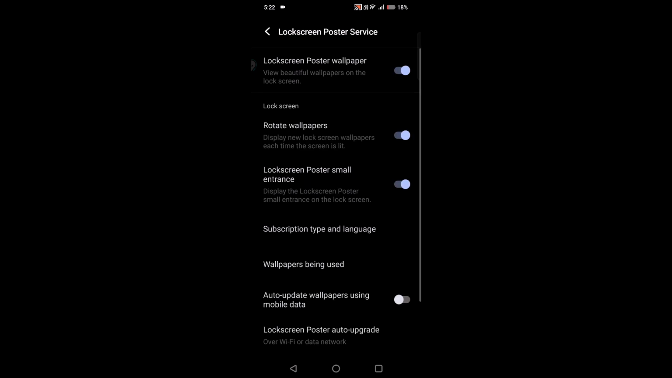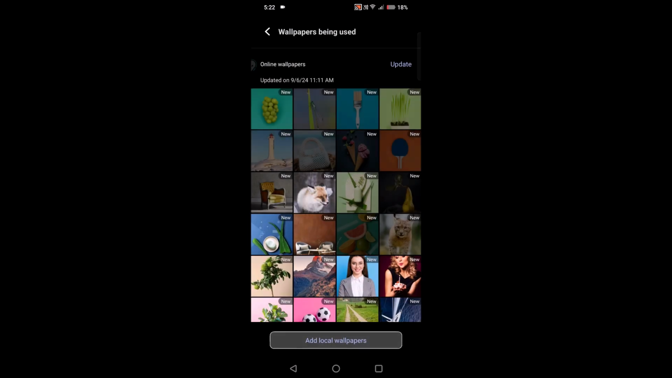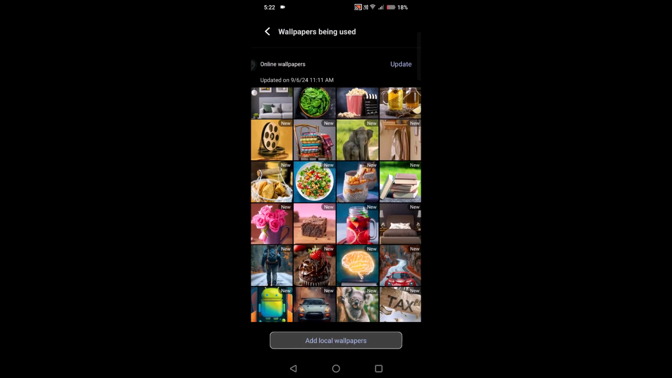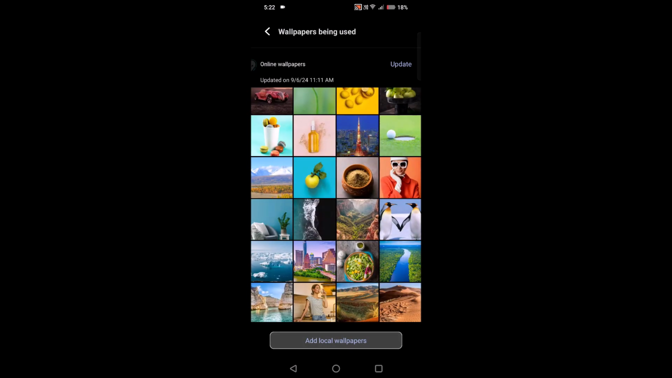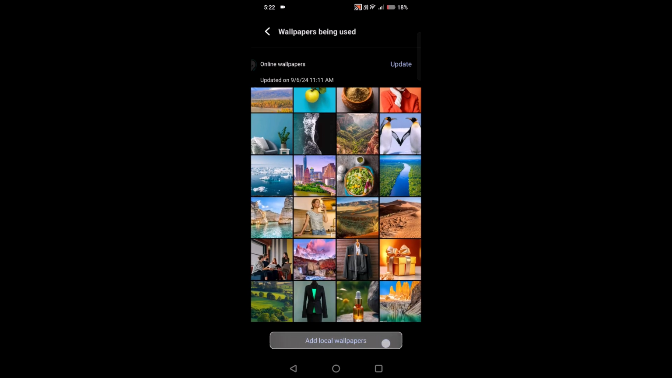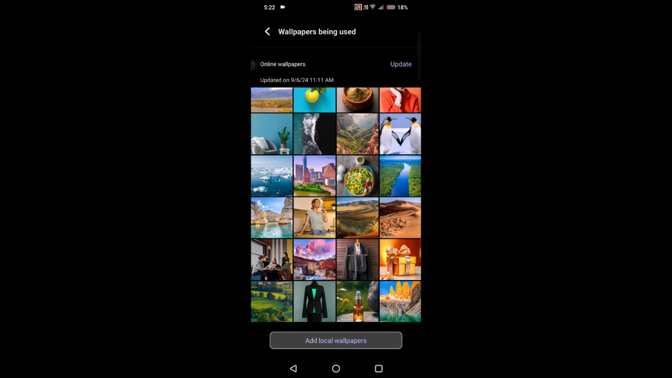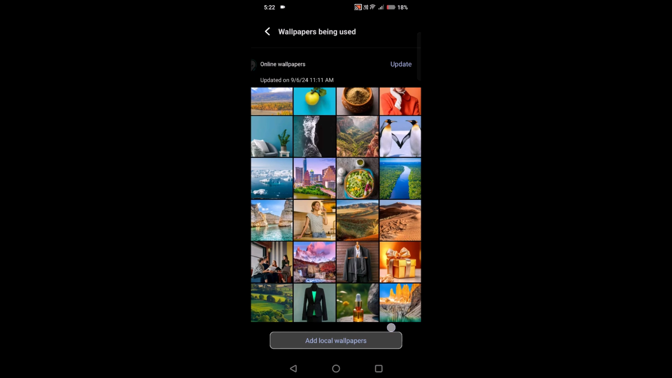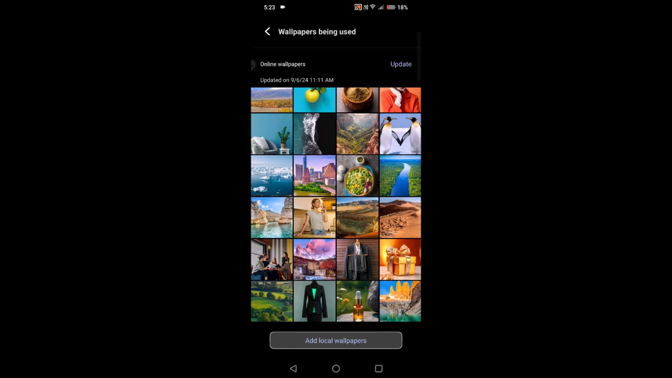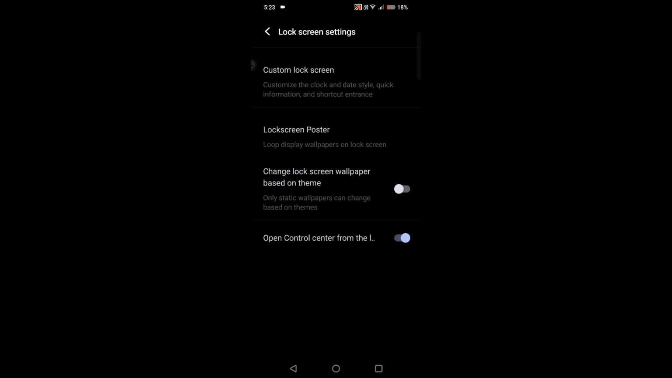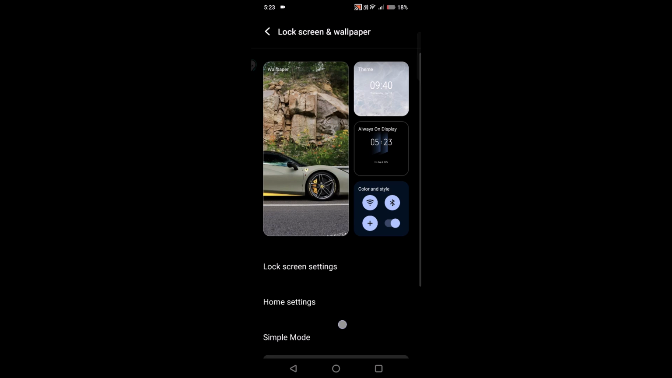And for the lock screen posters also, there is a new option called wallpapers being used. So these are all the lock screen wallpapers being used, and I can add my local wallpaper. So you may have downloaded some photos from Google Images, and those you can add as a local wallpaper so that they will also get looped on the lock screen. Yeah, and coming to the next thing,